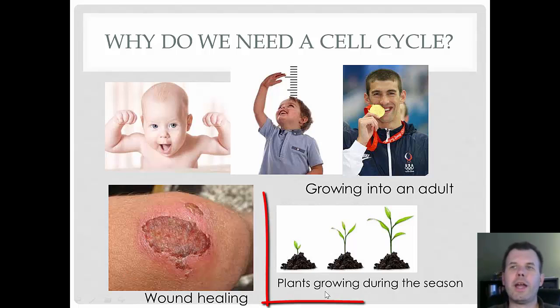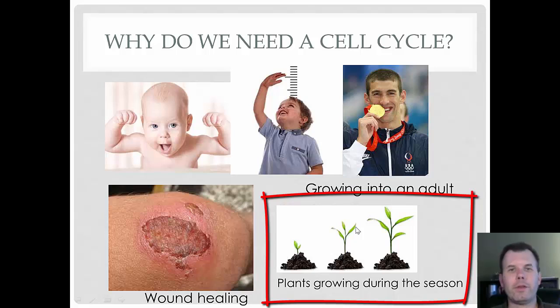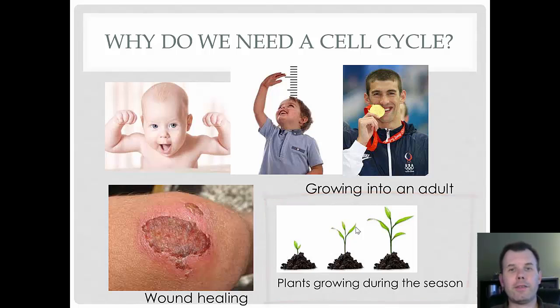The other thing we see every day is the plants outside. Plants need to undergo mitosis in order to grow and become full-fledged plants so that we have fruits and vegetables every day to eat. We're going to look at this in the lab this week, mitosis with the onion root. You're going to see lots of mitosis going on in these cells. In order to grow and divide, they need to undergo mitosis as well.